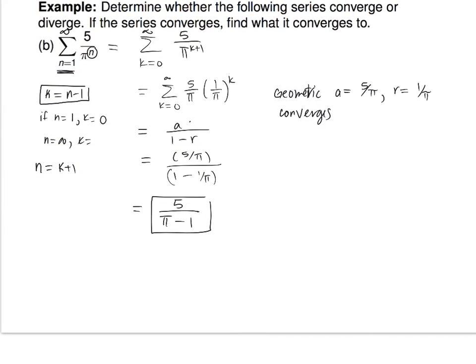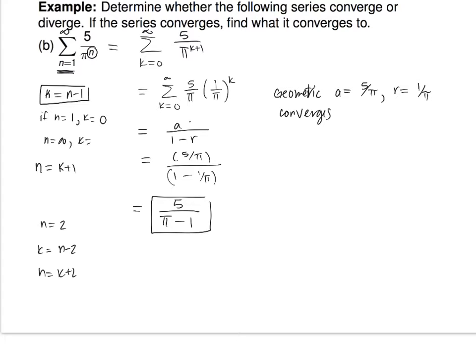But now, one related thing. What if this had been n equals 2? How would you deal with that then? k equals n minus 2. It's like you look at that starting index and you say, how do I make that 0? If it had been n equals 2, you would have let k equal n minus 2, and then your n would have equaled k plus 2. And then that would have changed this to a pi squared. Does that make sense? That reindexing thing definitely is the trickiest bit, for sure, I think, right?